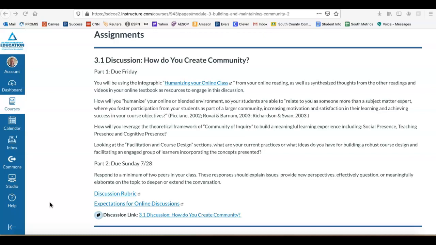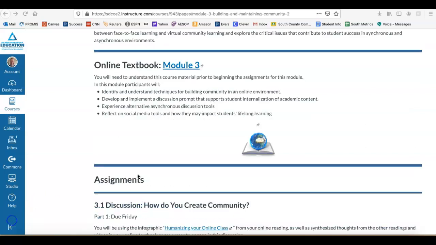Also, remember that you are to respond to the posts of at least 2 of your peers. Check your due dates for when the 2 parts of your assignment are due. Remember, you don't have to wait for the due date. You can submit your post early if you are able. Also, remember to look at the rubric provided and be sure you are complying with our expectations for online discussions. A good first tip for this week is to rely on your textbook and be sure to delve into the student resources to help deepen your understanding of this topic.